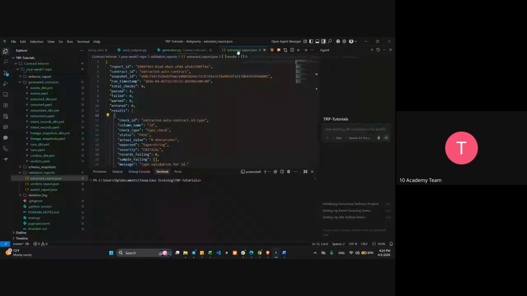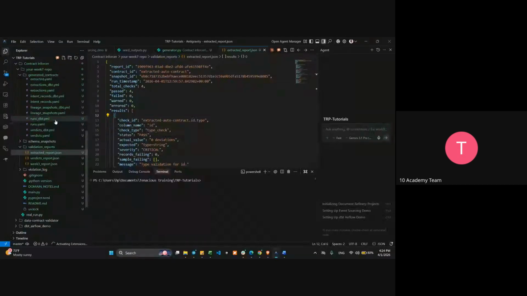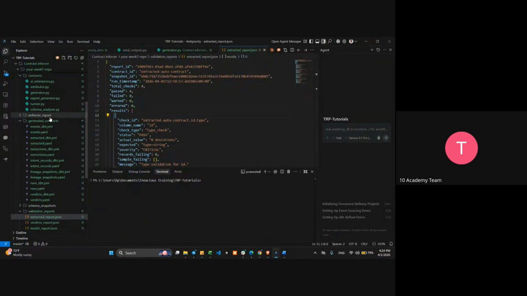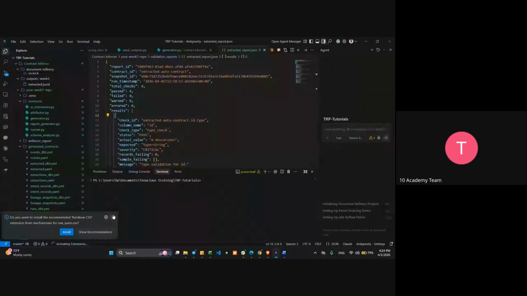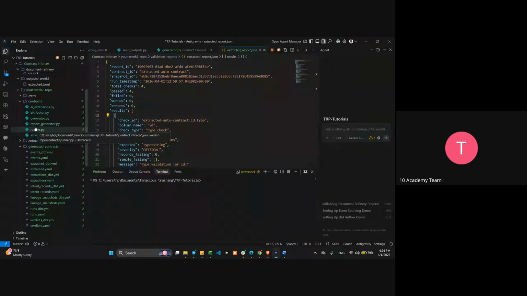Based on the two projects we have, we generated the contract. That's going to be enforced in the project.